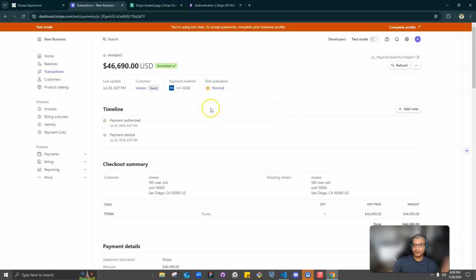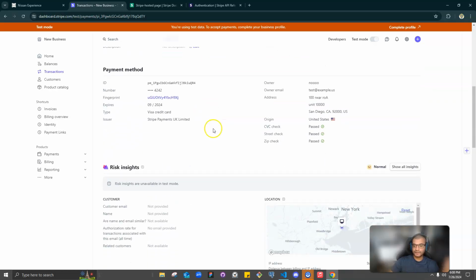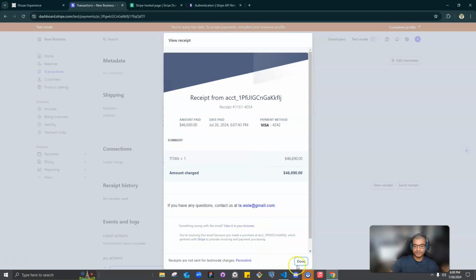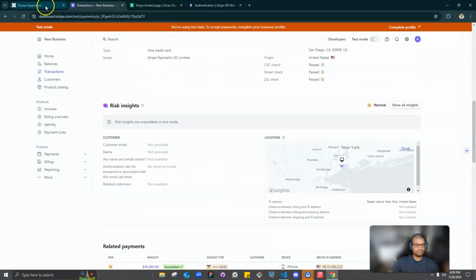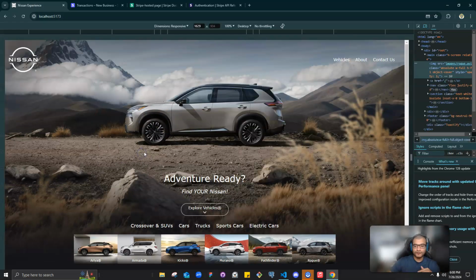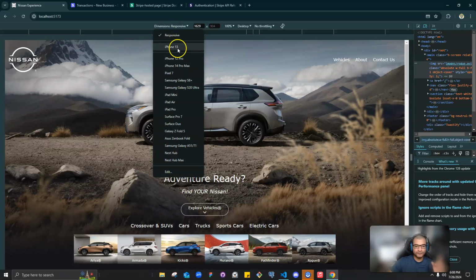And what else I wanted to show you guys? Yeah, so basically that's the entire experience. You can get the receipt, and yeah, you have the entire application working. So now, before I show you guys the code, because it's not that long,